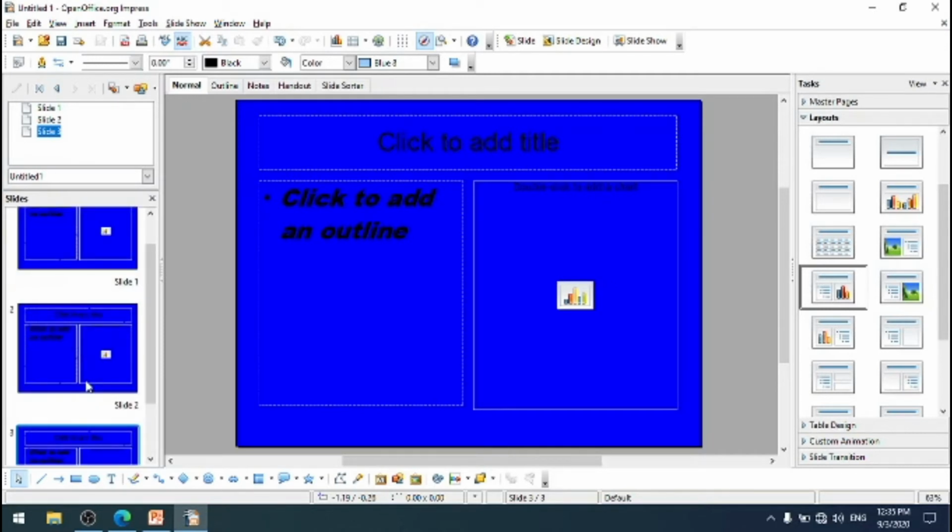And also you can use the slide icon in the presentation toolbar. In the presentation toolbar there is a slide icon. By clicking the slide icon you can include a new slide in your presentation. Okay, these are all the ways to insert a new slide in the presentation. But generally we will use this option.